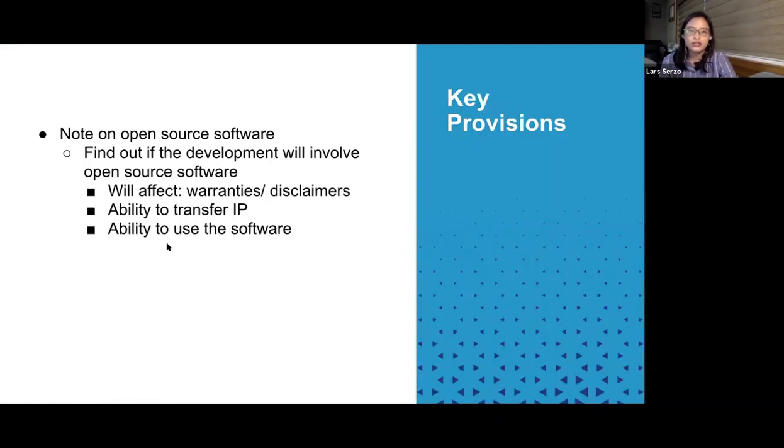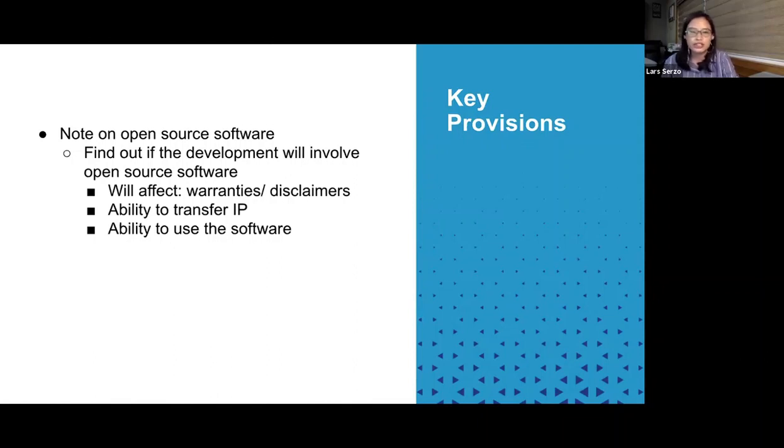All right, now a note on open source software. There are certain cases, like let's say for e-commerce websites. If you provide development services for e-commerce platforms, you may be using certain modules that are covered by open source licenses. So this is okay, but if you're the client, part of your diligence in scoping out the ability of your provider should be in finding out whether their service or their software would include open source software.